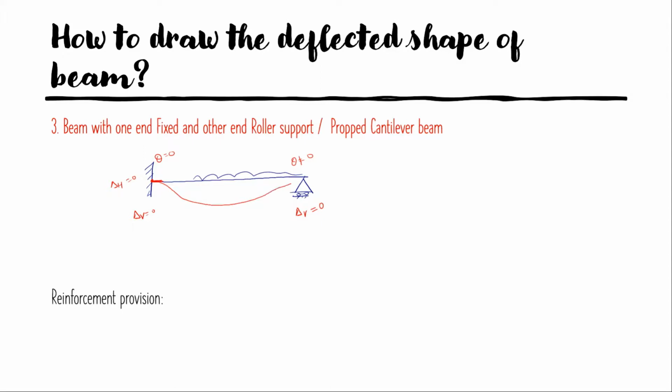and it would go in this way. Yeah, so it should be in a manner that here if you make a tangent at this position, the slope would be 0 at position A, and deflection is also 0, and then it would bend in this manner, and again it will reach at this position. Then if you make a tangent, there must be a slope, it should not be equal to 0, and it's satisfied here. So this is the deflected shape of this propped cantilever beam.